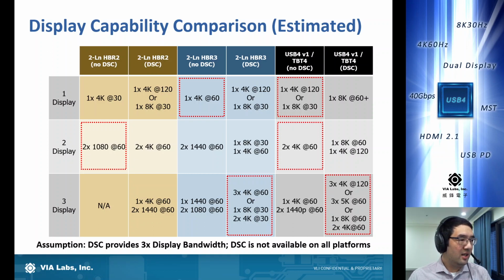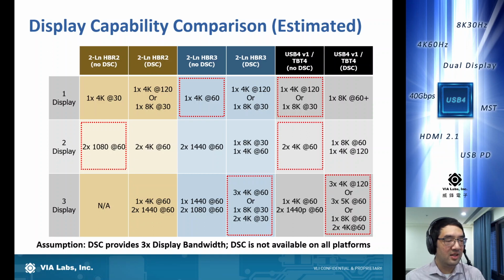With the 2-lane HBR2, we think the best use case was for dongles and adapters, where you can get two 1080p 60 frames per second uncompressed. We think that was probably the killer use case. If you did a 4K, you could just do 4K 30. So that was the previous generation of DisplayPort Alternate Mode. With the current generation, with HBR3 support, they can do a single 4K 60 now. And instead of two 1080p's, we can upgrade to two 1440p's.